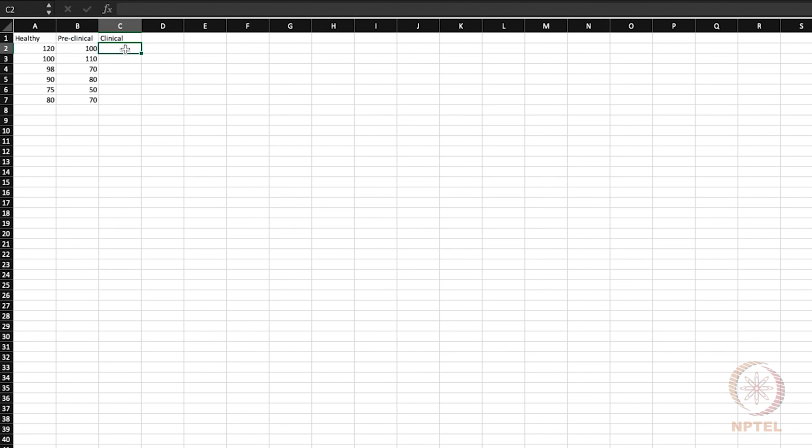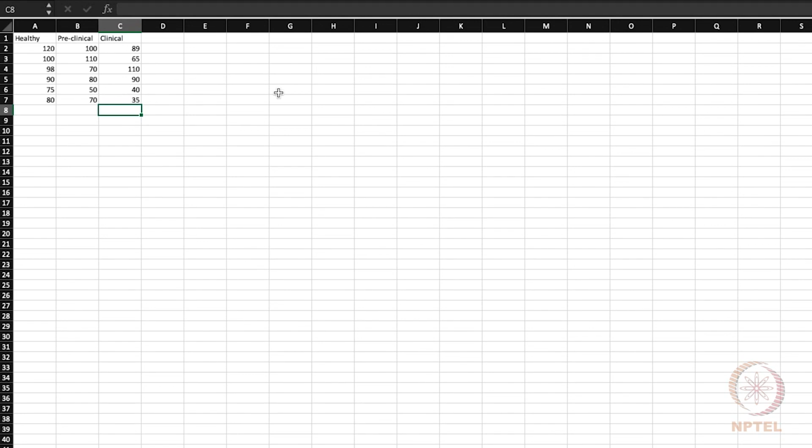For the so-called clinical samples, these values were given as 89, 65, 110, 90, 40 and 35. So, we have listed our data which needs to be analyzed through ANOVA.